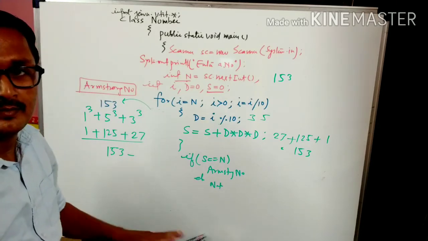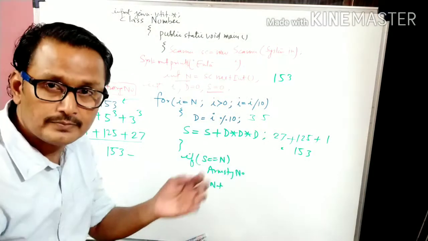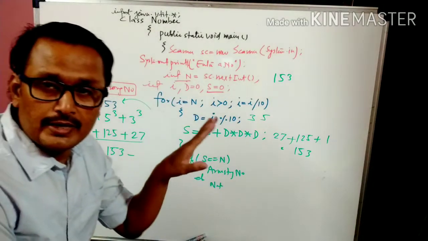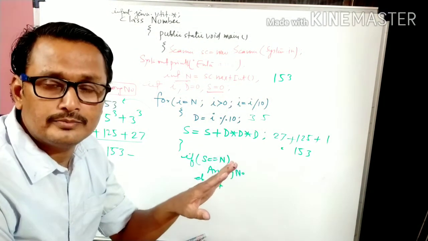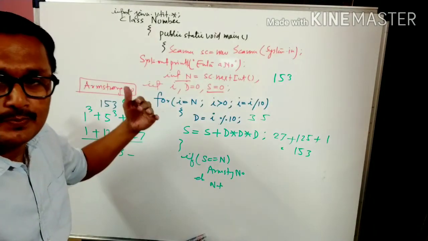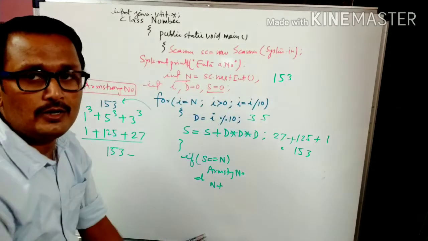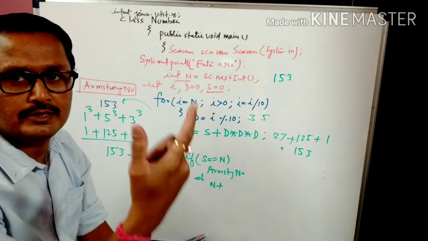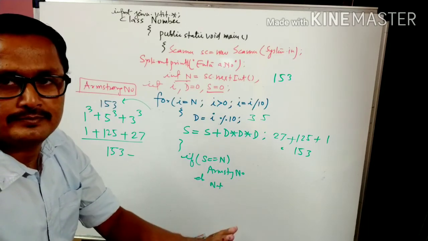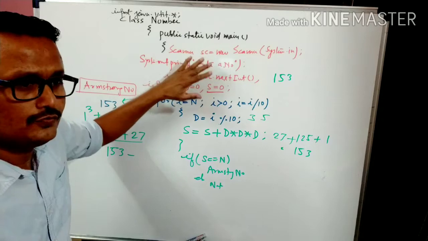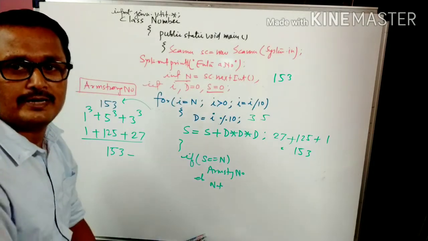It's so simple. Just focus how to extract digit from a number. This thing we can do using for loop, while loop or do while loop. So when the teacher will explain while loop or do while loop, we convert this program into while or do while. It will take only 10 minutes, not more than 10 minutes. It's very simple. If you understood this logic of for loop, then while loop or do while will take maximum 10 to 15 minutes, my dear children.